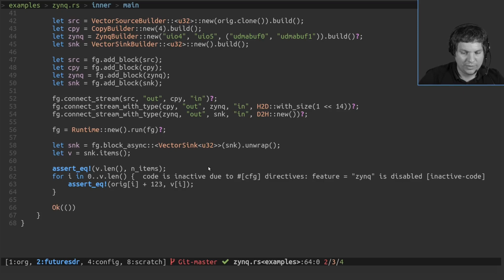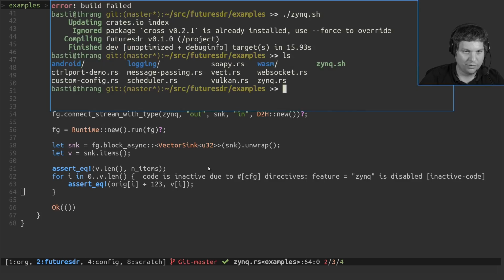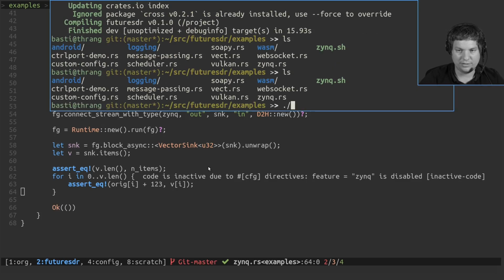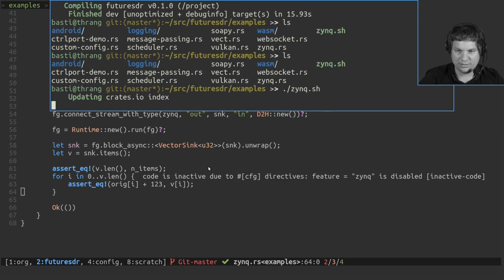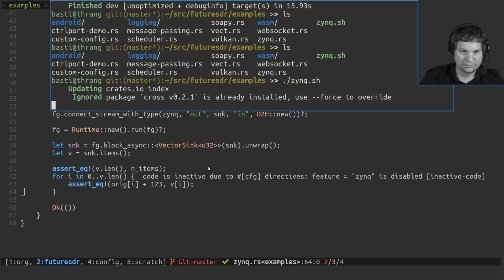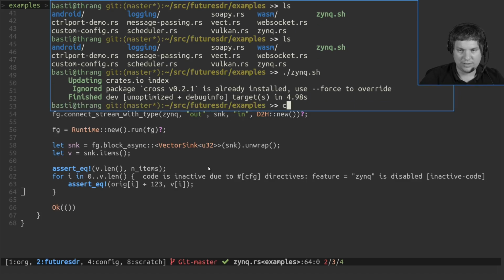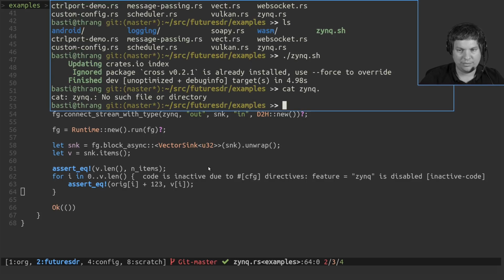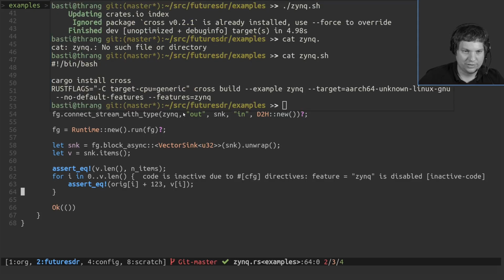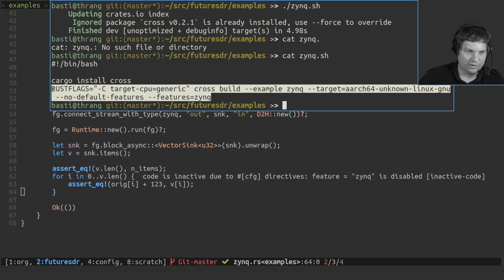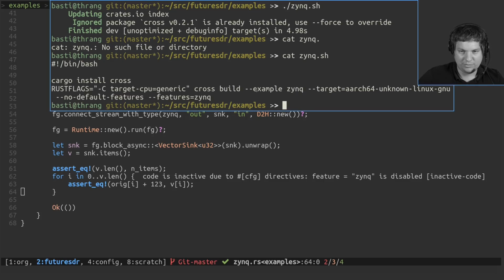Okay, so we have this flow graph, and there is a script that compiles it, sync.sh, and probably it's already built. Yeah, we can have a look at this script. There is no magic here. It's just, again, one of these commands like I had for Android: cargo build, cross build, example sync, target arch.